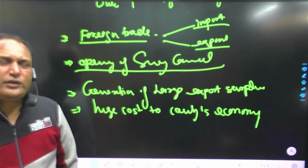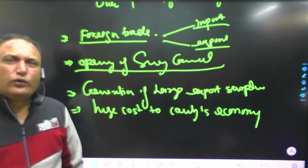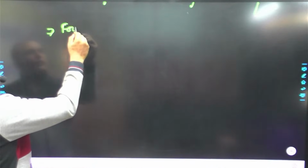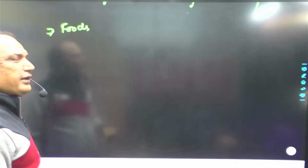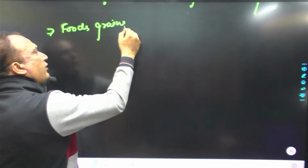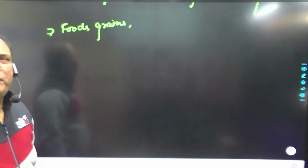Always these products like food grains and cloth were scarcely available. Food grains, because most of the items were exported to Europe and other countries. So food grains were the first item, and the cloth